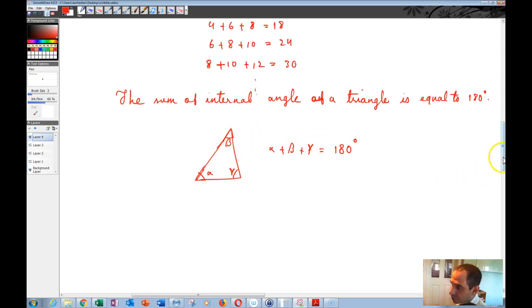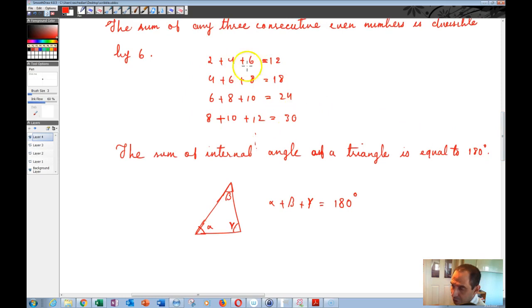And of course, the problem with verification is that although you might be able to test, for example, 10 or 20 or 50 or even 100 cases, and just keep adding numbers up, you can really never be sure that any 3 consecutive even numbers are going to work in this situation,